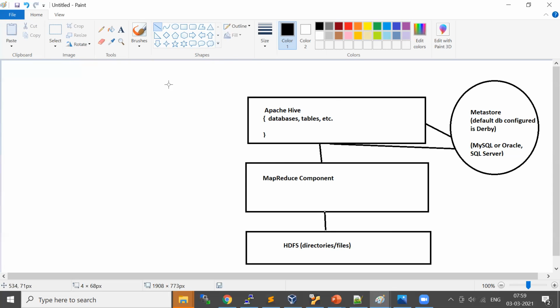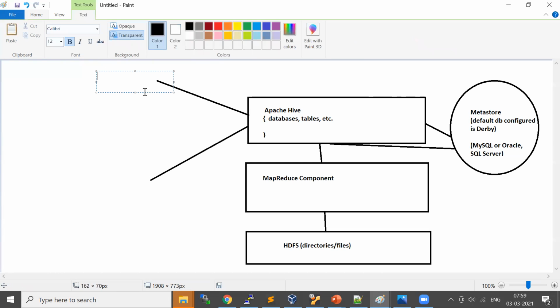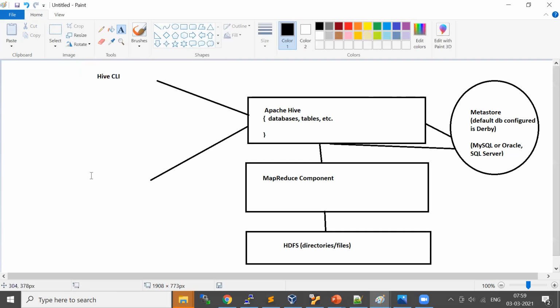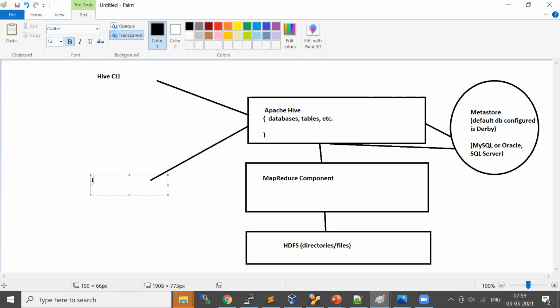So the queries come from the Hive CLI. Mostly we write more queries on the Hive CLI. Or from a JDBC driver.